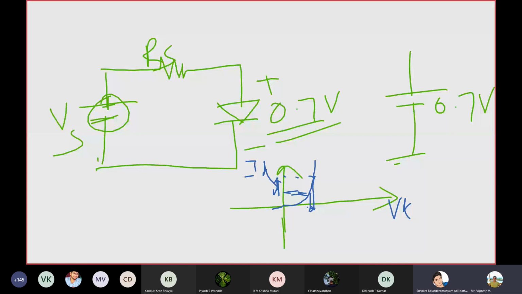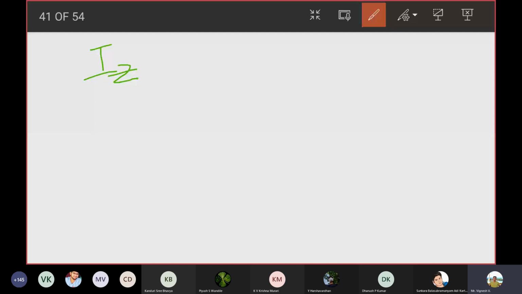Maybe you can Google and check. Zener diode data sheet, you can just Google and check. For every single electronic component that you're going to purchase, there will be a minimum current and maximum current that the diode can handle. Good that you asked that question. In the same way, a Zener diode will have a minimum current and a maximum current which it can handle.